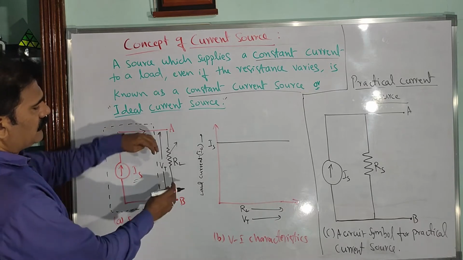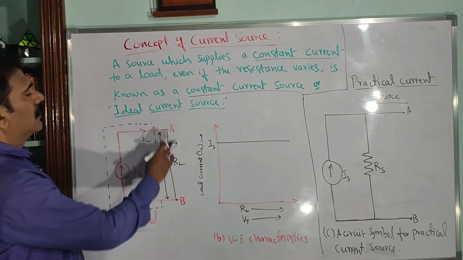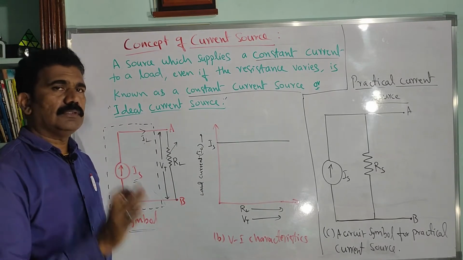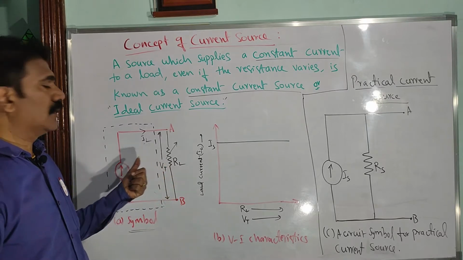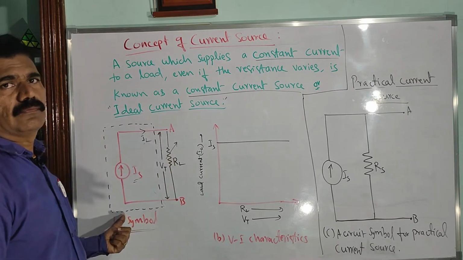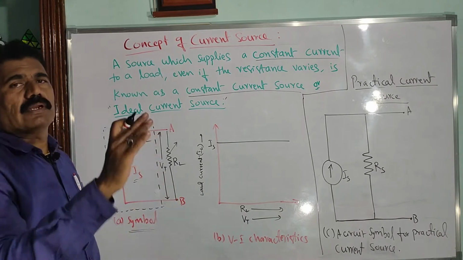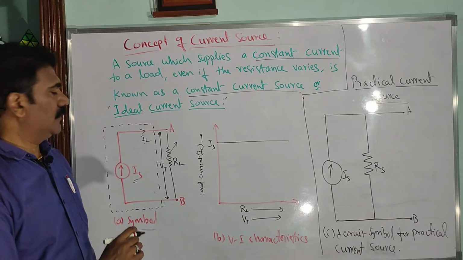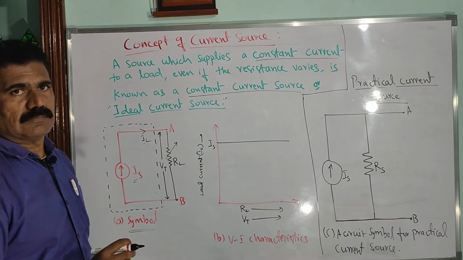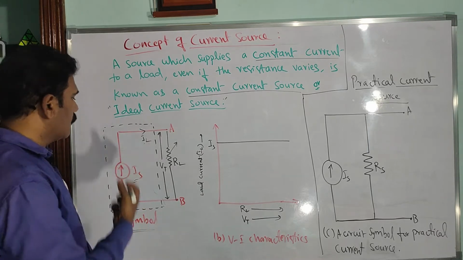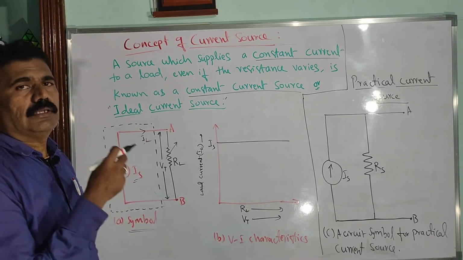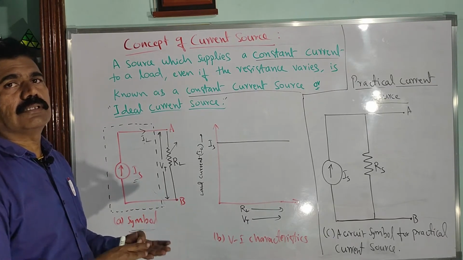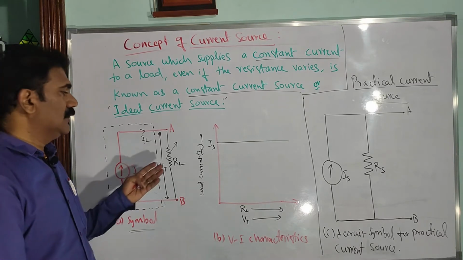Suppose it is just open, then you have to think that across the terminals A and B there will be an infinite resistance. Even though there is an infinite resistance, you should be able to draw constant current from the source. Low resistance, high resistance or infinite resistance, whatever it may be, you should always be able to draw constant current from the source. But practically it is not possible, because in order to draw the current from a given source, there should be a finite load, so that we are able to find the product of current and resistance, and then calculate the corresponding voltage drop across the given resistor.